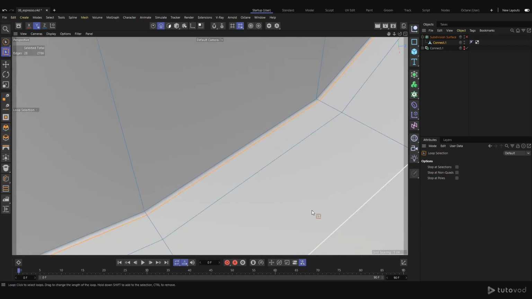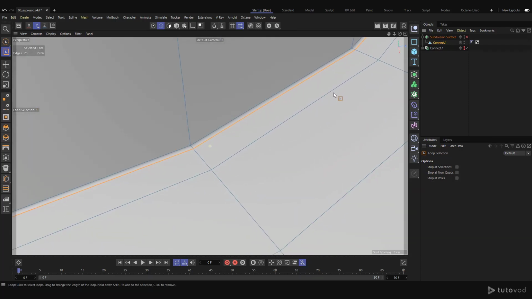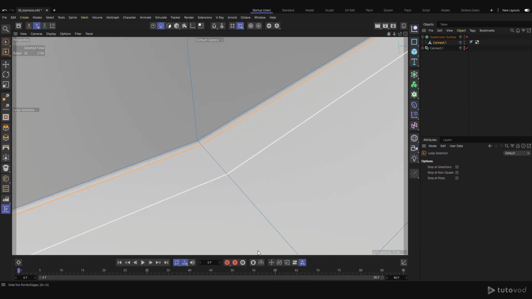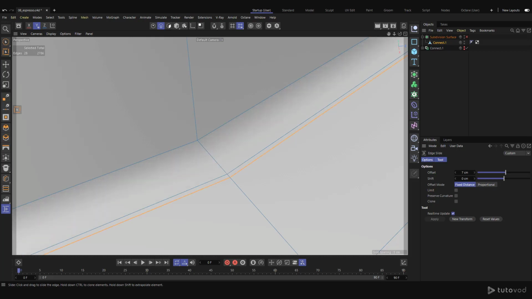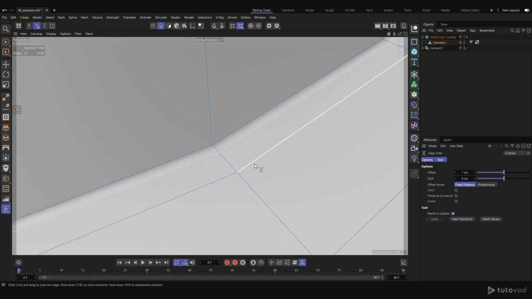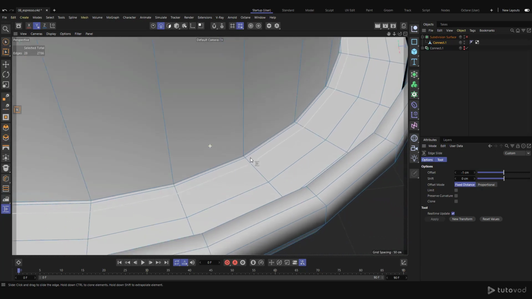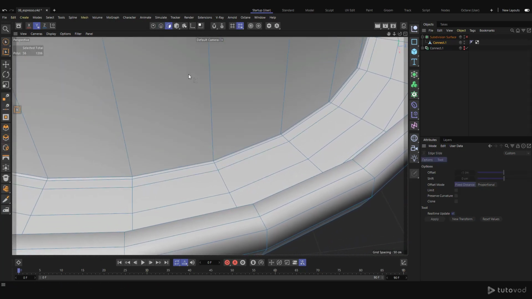Maybe for this one, I'm going to use my slide tool to bring it not too much, something like that. And this one also, maybe like that. So now I'm going to go to face mode, and